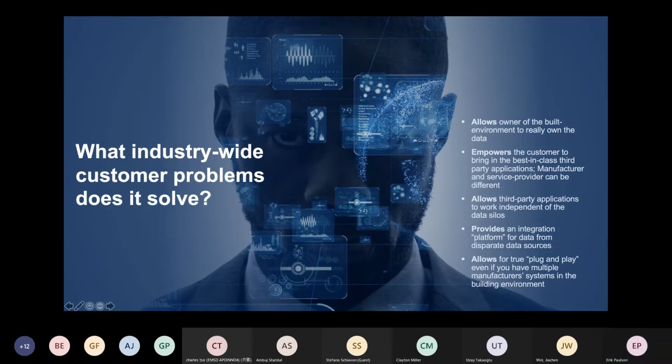So it is a virtual space where the data from different systems can be integrated together into one overarching system that plugs between all these different systems. And in the ideal world, it's going to allow for plug and play between different equipment and manufacturers, even if they're from different providers. So we have a way to describe the data about our applications, about our equipment, about our systems in a consistent way, so we can have easier integration.